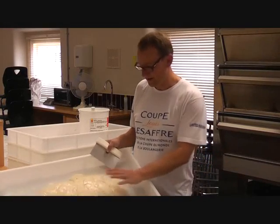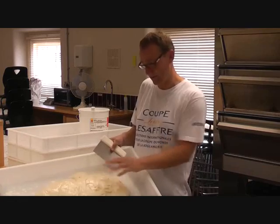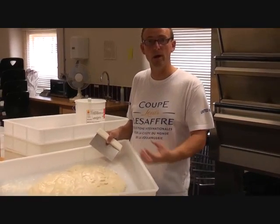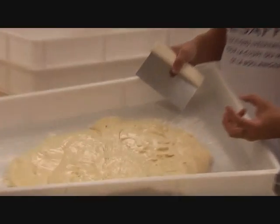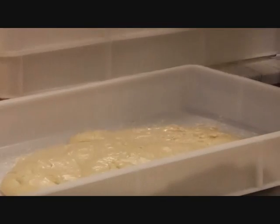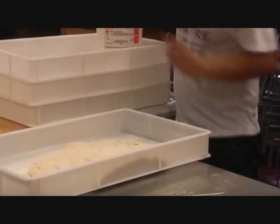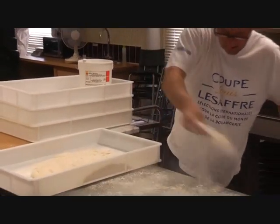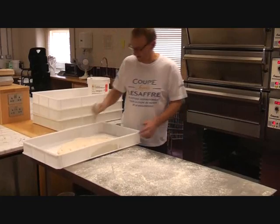Levain baguette, it's had 45 minutes bulk fermentation now. As you can see from the look and feel of the dough, it's quite a wet dough, it's got a nice shine to it. What we're going to do is fold it. So I'm going to show you the technique for folding it. Basically, touch of flour on the top. I'm going to flour the work surface just enough. What we're going to do using this metal Scotch scraper,